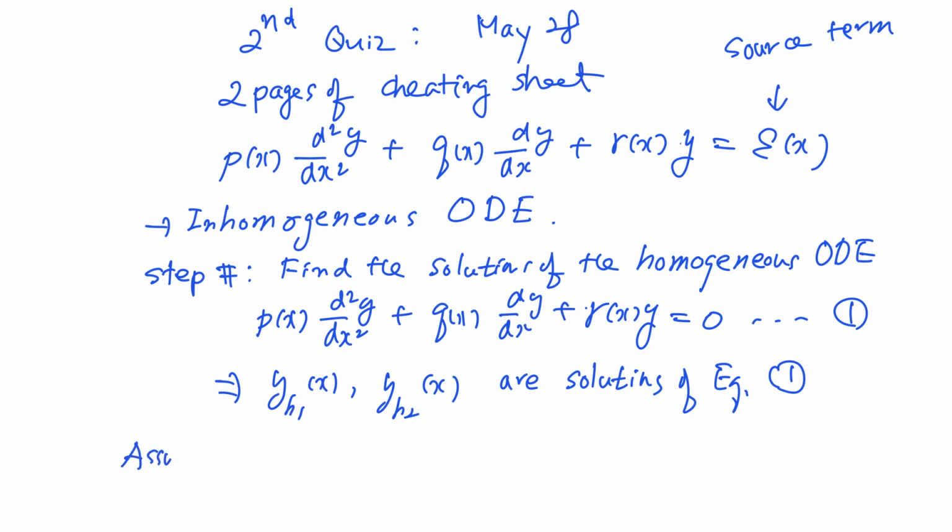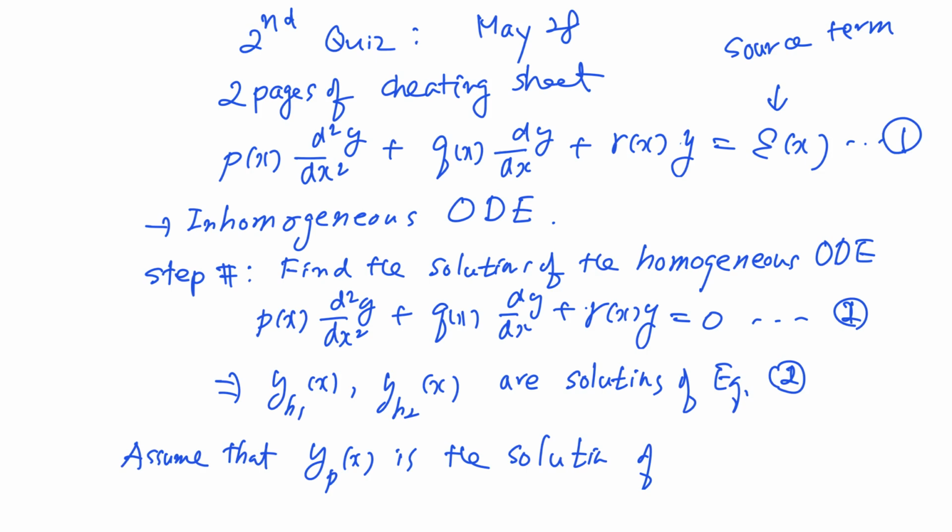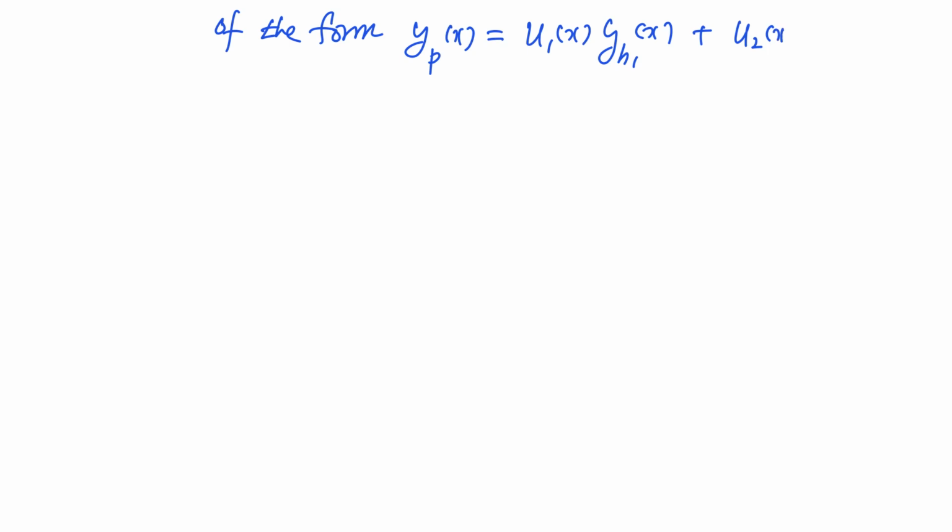Assume that the particular solution, equation number 2, is the solution of equation number 1, the original equation, of the form y_p(x) is u1(x) y_h1(x) plus u2(x) y_h2(x),